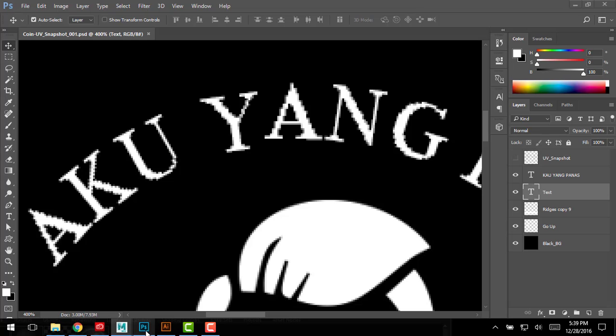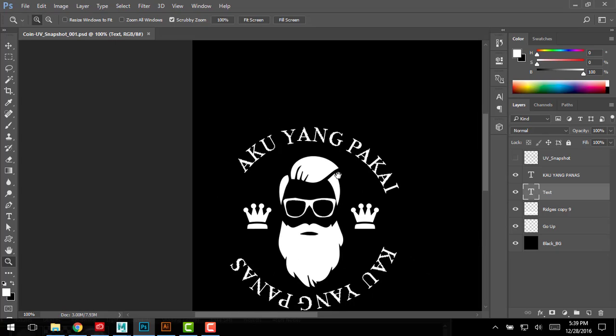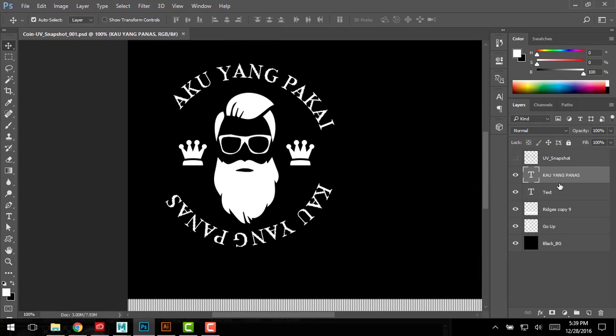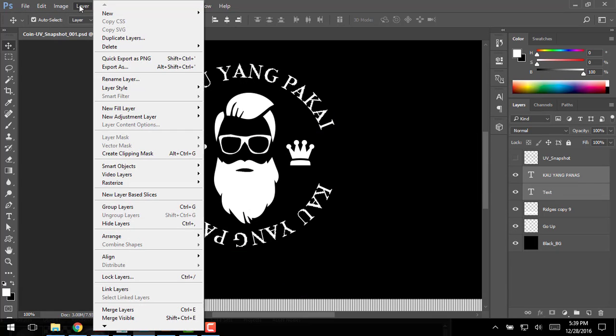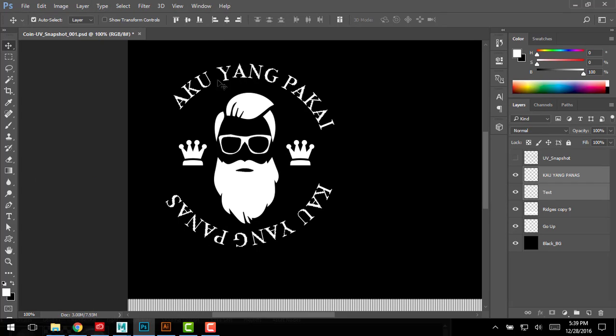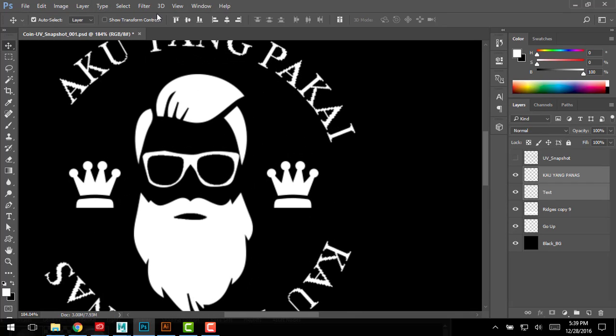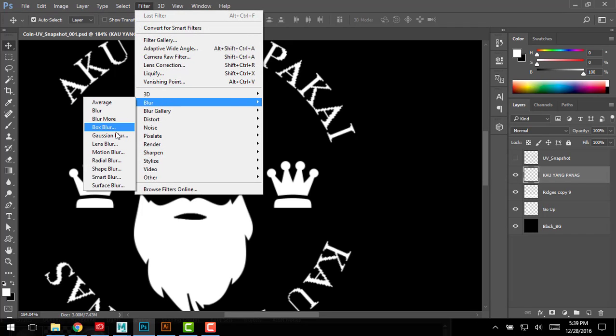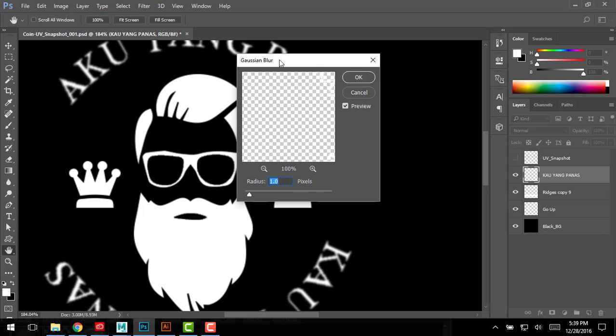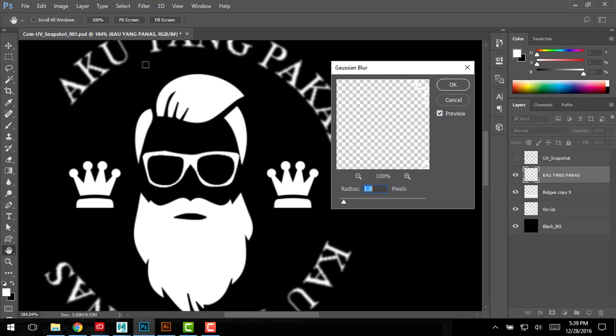So let's see what I can do here in Photoshop. Tell you what, maybe I'll just select these parts here and kind of rasterize them. Let's go to layer, rasterize type, so that's rasterize, and let's just give it a bit of blurriness and see what happens if I do that. Let's just merge them down, filter, blur, Gaussian blur, and let's have a look at it. Now that certainly will eliminate things, but I don't want it to be too much, so let me just play around with this number here,